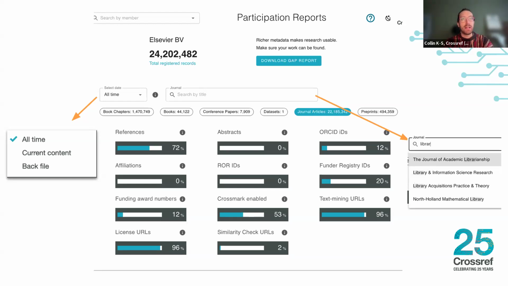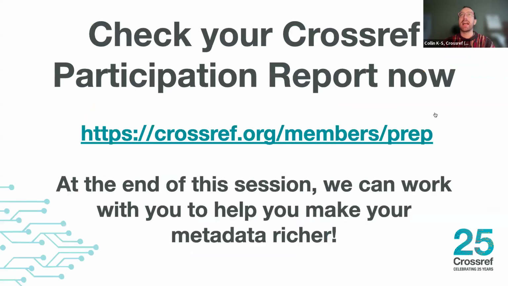We also have this fun new feature as of about a month and a half ago. That's the gap report up there at the top of the page. So if you specifically want to find all of your DOIs that you haven't yet sent us reference metadata for, you can do that by clicking that download gap report button up there at the top, and then selecting which of these fields you want to see where you have those metadata gaps for, and you'll be able to download a CSV with all of those DOIs attached there. And so today we are actually going to look specifically at how you can automatically send some of that information to us via plugins through the OJS platform.